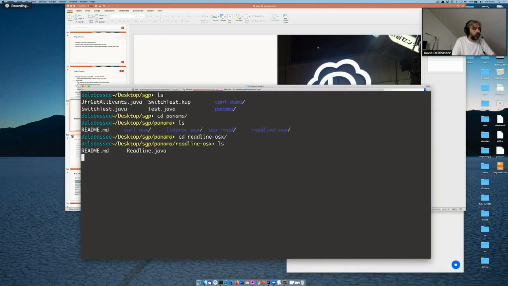What I have here is a very simple Java application, but first I'm on OS 6, this is Linux.